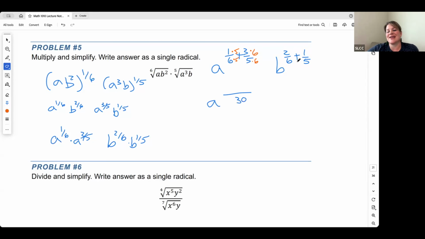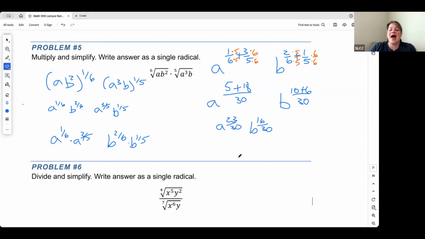Same thing here. I'm trying to get to 30, so I multiply by 5. I'm multiplying by 1, 5 over 5. Here I'm multiplying by 6. I'm just multiplying by 1, 6 over 6. Let's see how that fixes our numerators for us. So it's all over 30, and this would be 5 plus 18. On b, it would all be over 30, and then this would be 10, because 2 times 5, plus 6. So I have a to the 23/30ths, and then I have b to the